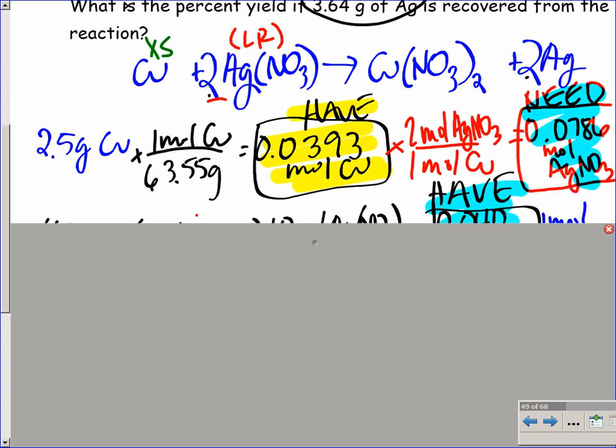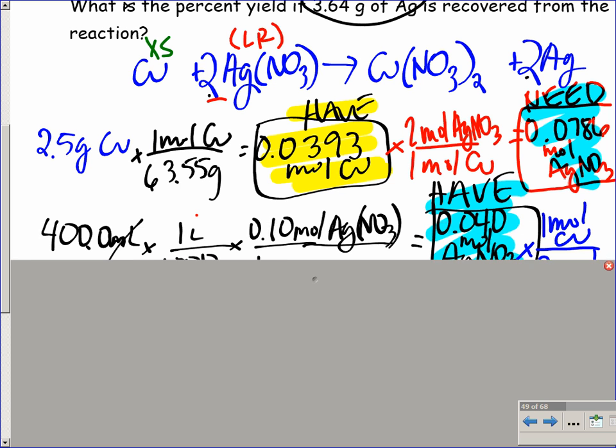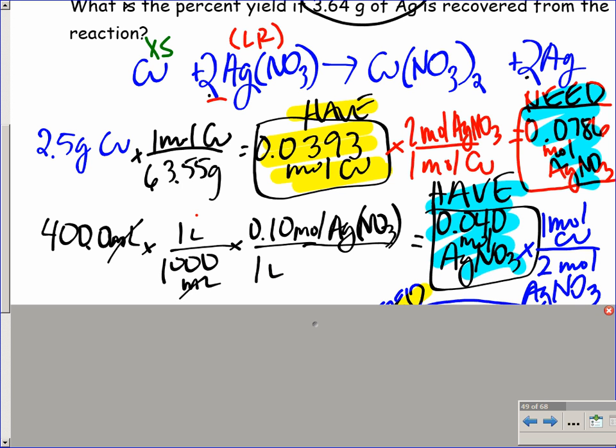From the equation, 1 and 2. So that's basically saying I needed 0.0786 moles of silver nitrate. And then you did your process of your half of your other reactant, which was 400 mL, taking the liters using your molarity, and you got half of 0.04 moles of silver nitrate. And so this half needs to be converted to the other need, the need of copper,